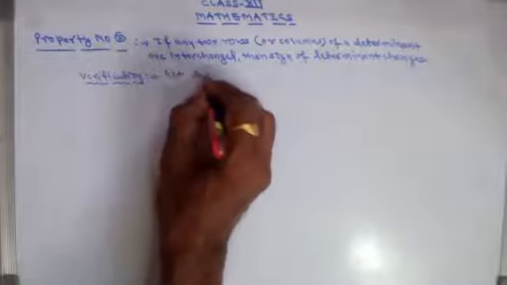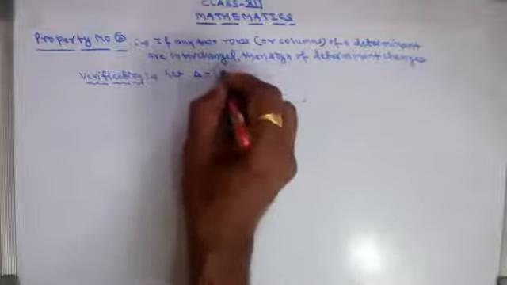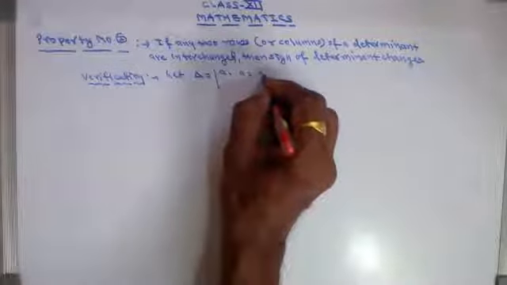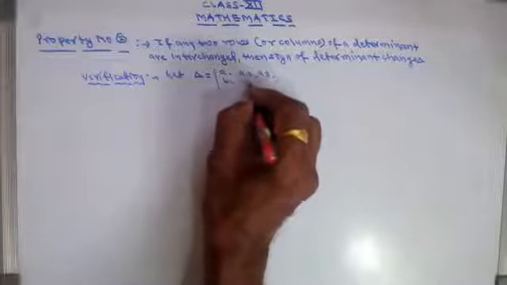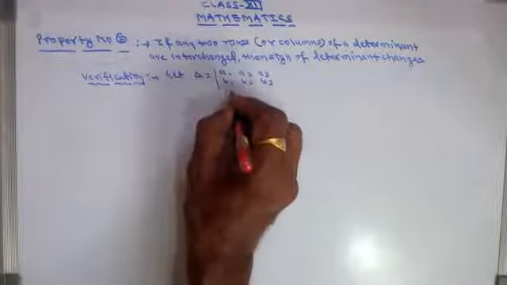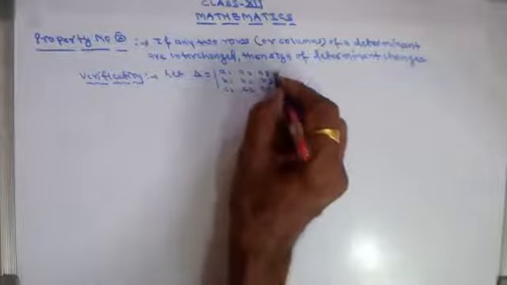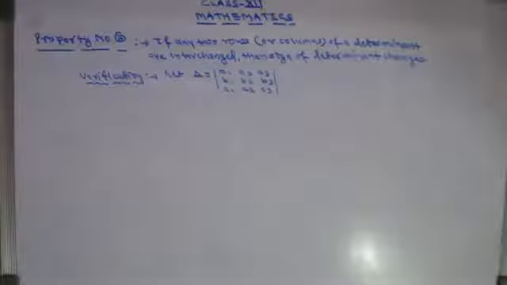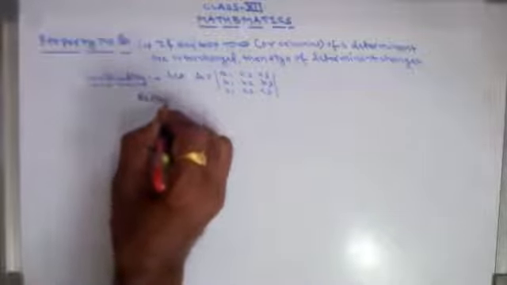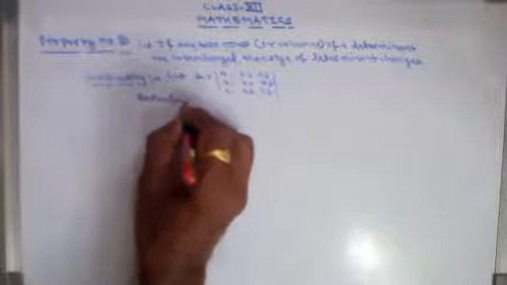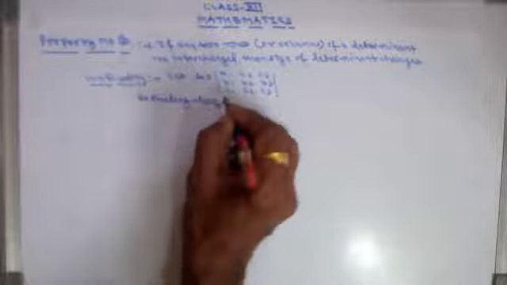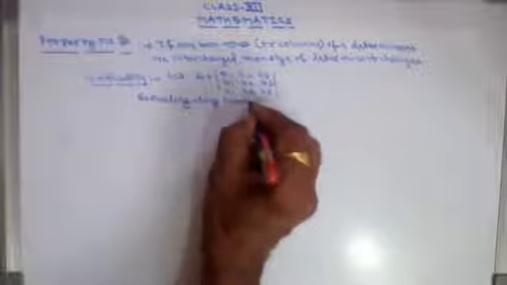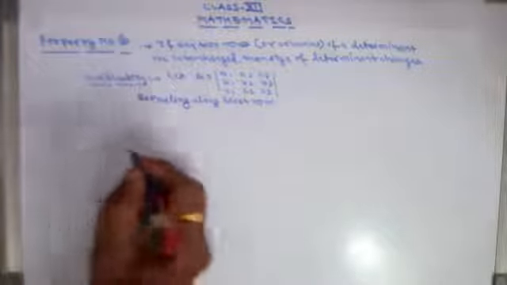Consider the same determinant. Let delta equals to A1 A2 A3, B1 B2 B3, C1 C2 C3. Okay, now expanding along the first row, see what we get. Expanding along first row, so we get